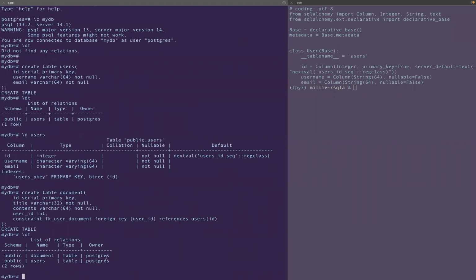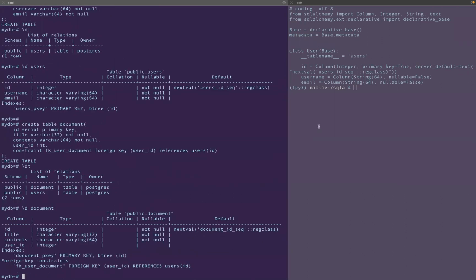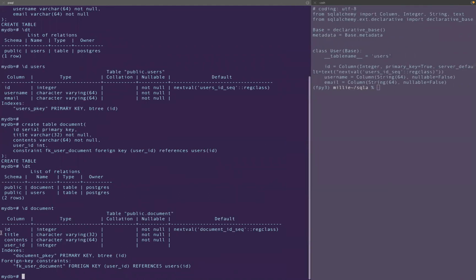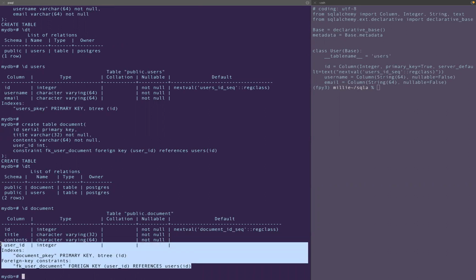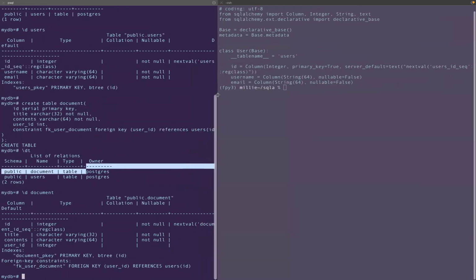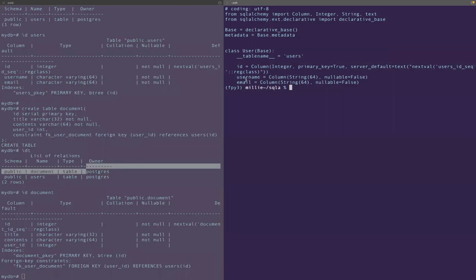You can see we've got two tables now. And this is quite similar, to be honest. We've got the primary key, the title, the contents, and the only difference is we've got this additional foreign key constraint at the bottom linking to the user table. So if I run my codegen script again,